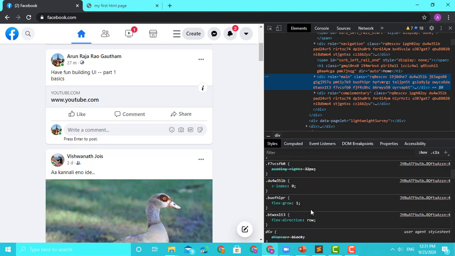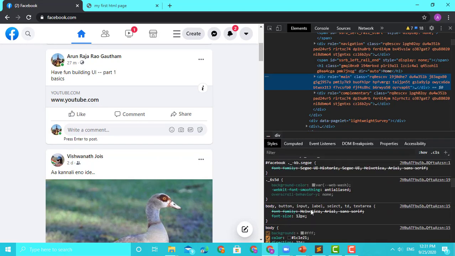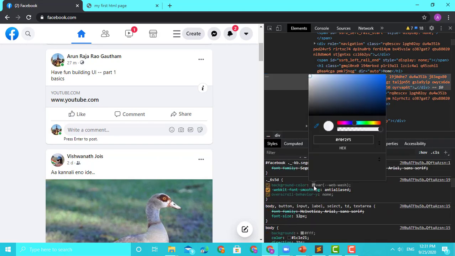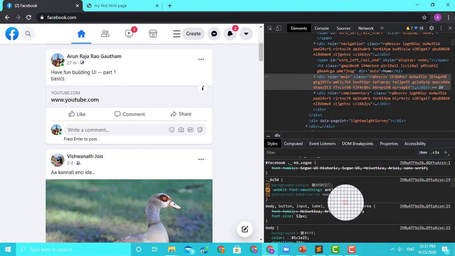The easier way is to choose a color. Let's say this is some color I will choose. You choose this pen, toggle color picker, go here and just go on this. So now see, if you go here, it will show. If you go here, it's a different color. So I'll just click here. So it showed me the color. The color code is F0F2F5. I'll just copy this.